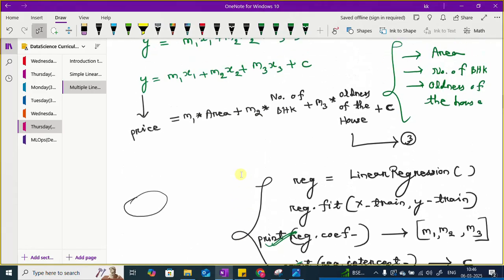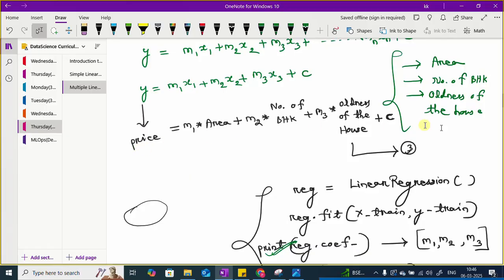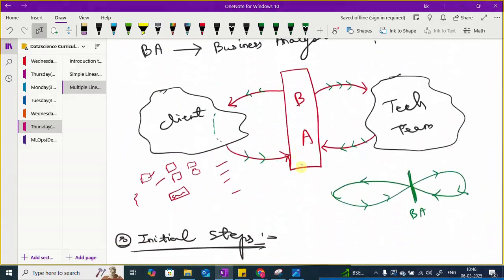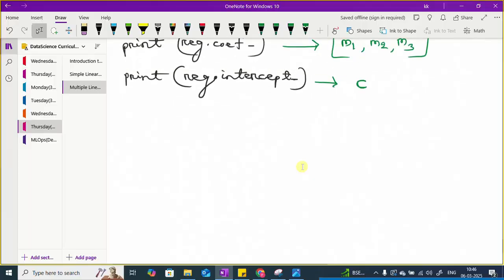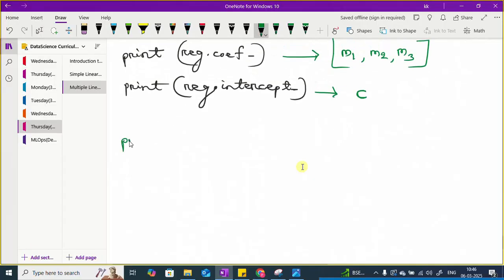Now I'll put in the same equation. What is the equation? This one. Price is M1 area, M2 number of BHK, M3 this one plus 2. So let me write down the same thing. I just have to put the value only. So price is equal to